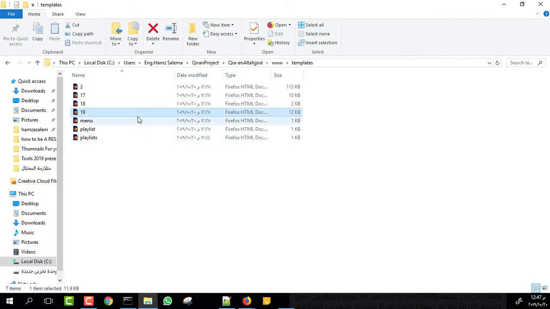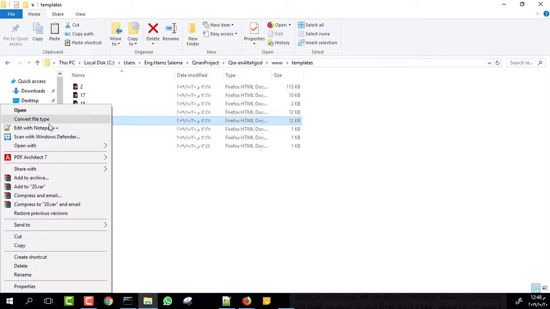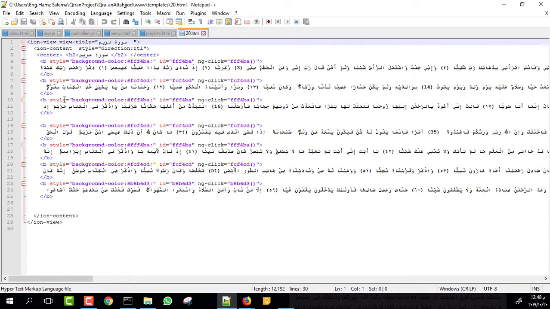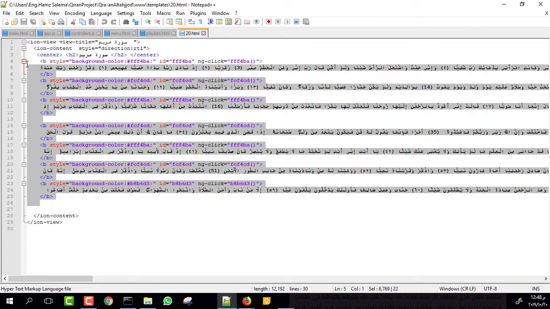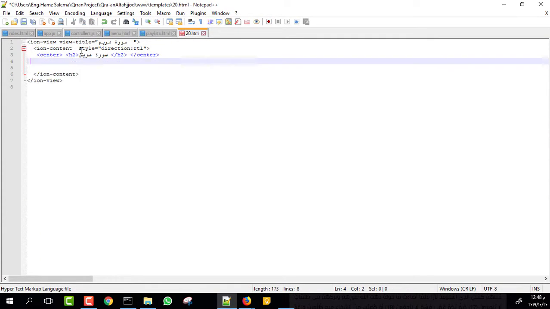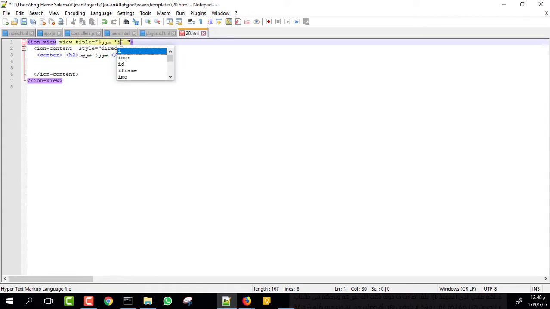You can create an HTML file, but I prefer the easiest way: copy one of the files, call it 20, go inside it, edit, delete all the previous stuff, and just say Surah Taha,